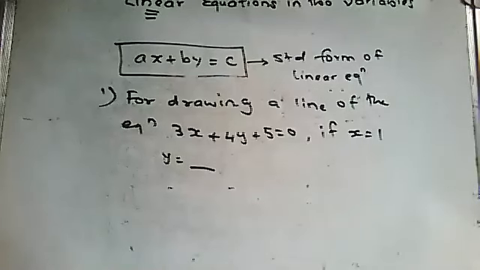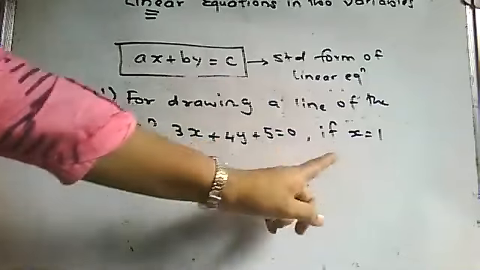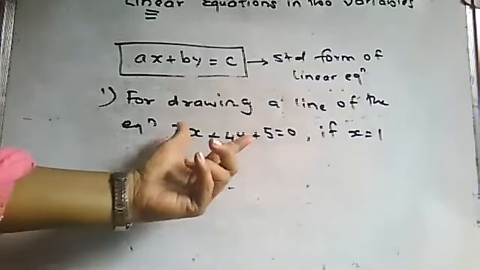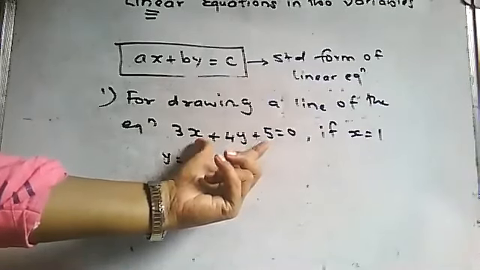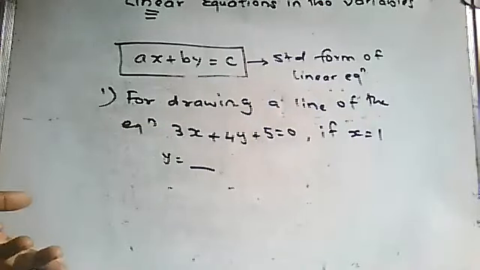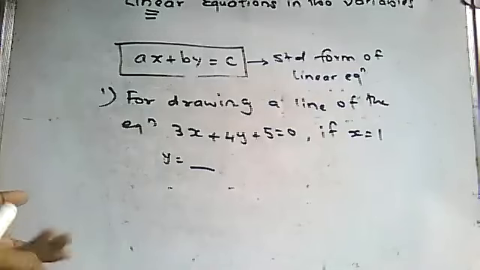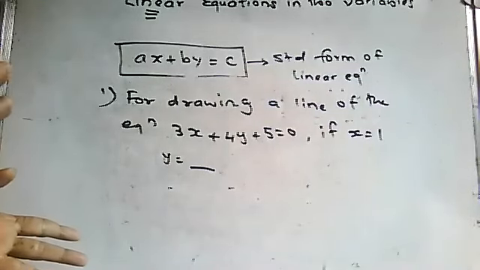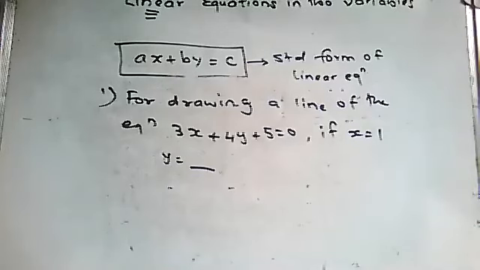Okay. So answer will be -2. Right. Don't look at the other answers, just solve and give. And see that you are taking only 1 minute for that. Less than 1 minute is good, but don't take more than 1 minute. Try to do it in a minute. So x is 1, 3 ones are 3, 3 plus 5 can be done, 8. 4y is equal to -8, then y is equal to -2. That's all. And the options will obviously be as usual. Now you must have come to know the options will be 2, -2, 5, -5 like that. Okay. Now the next one.